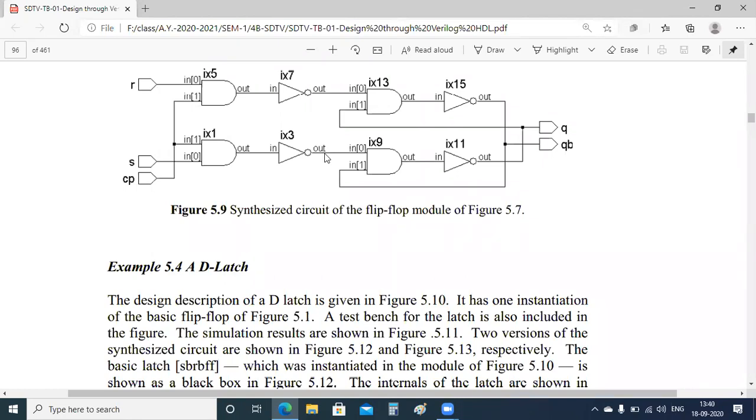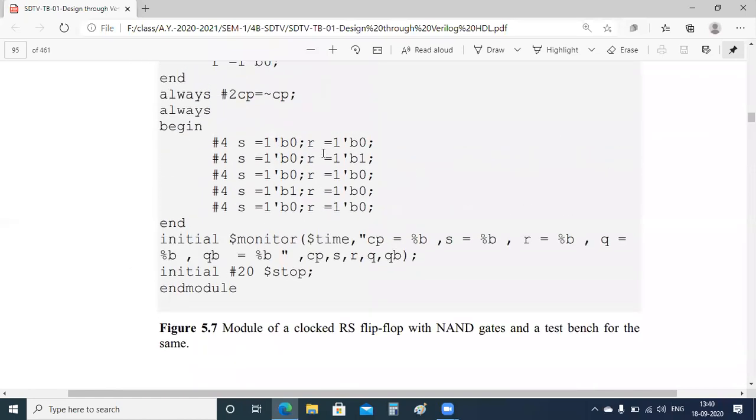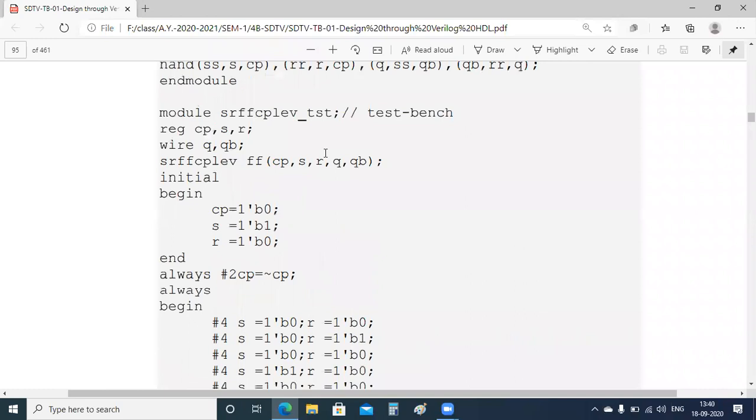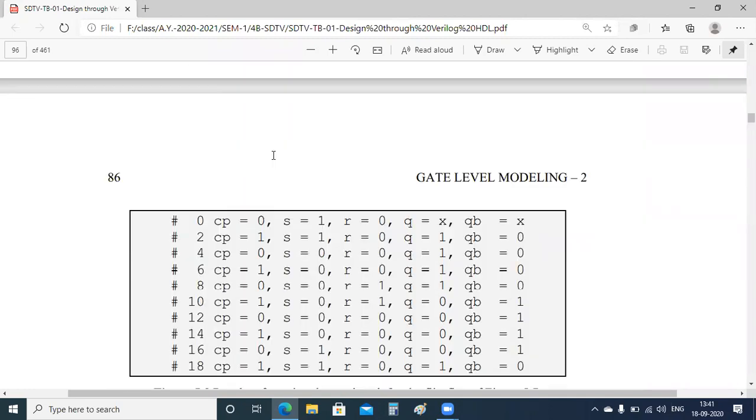Okay. So you see here now. For the first level of the NAND gate, we are having SS. SS is the output, and what are my inputs? S comma CP.